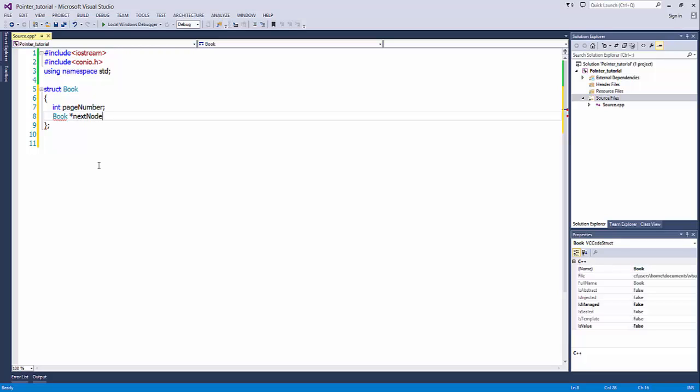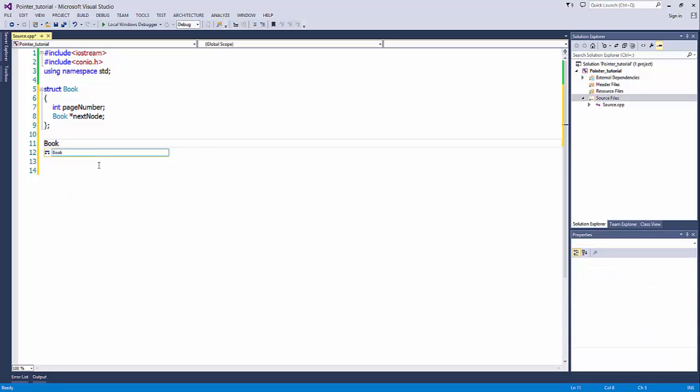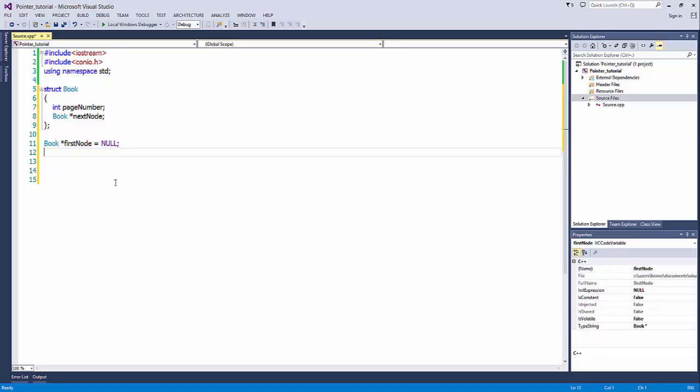I'm naming it next node. Okay, so this pointer is actually pointing to the structure itself. And let's say I create a global pointer that will be my first node. I'm going to change the first node each time. So my last node in that list will be pointing to null. Initially let's initialize it to null because I don't have anything to point to. Right, and I'll create a function